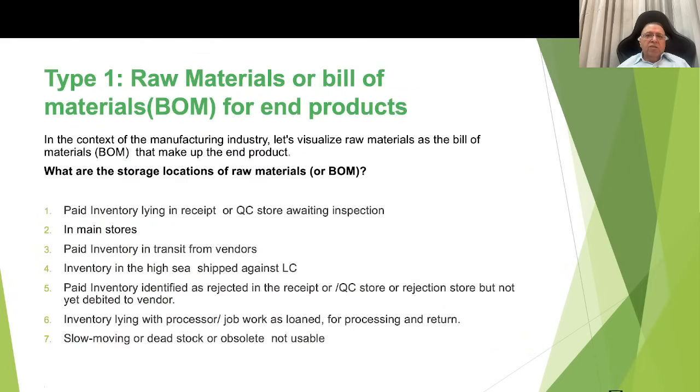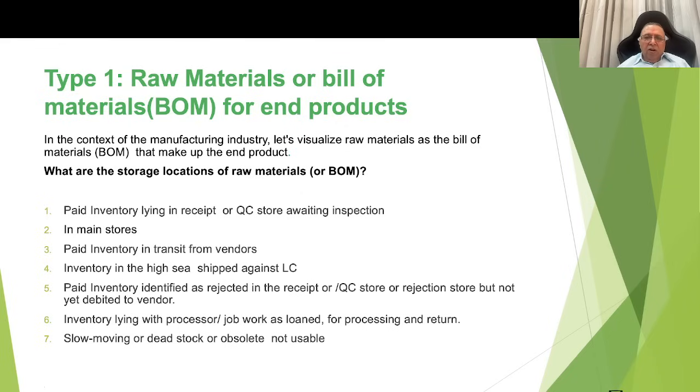Number 1, raw materials or bill of material. In the context of the manufacturing industry, let's visualize raw materials as the bill of material that make up the end product. So what are the storage locations for the raw materials or bill of material? These are: paid inventory lying in the receipt or QC store awaiting inspection; inventory in the main store; paid inventory in transit from vendors; inventory in the high sea shipped against LC; paid inventory identified as rejected